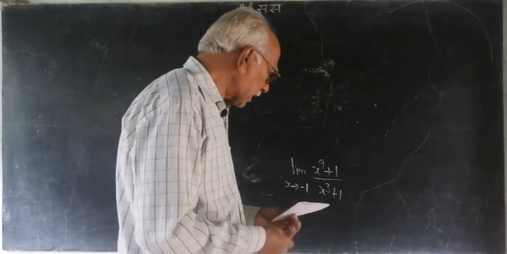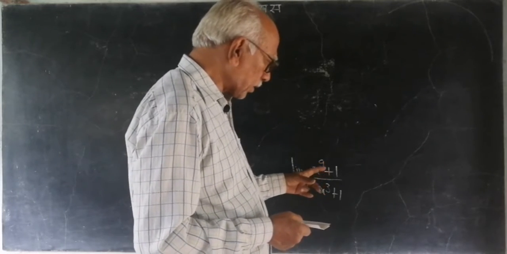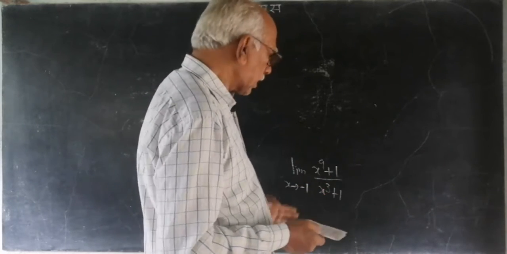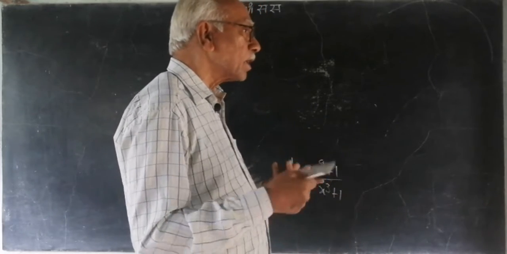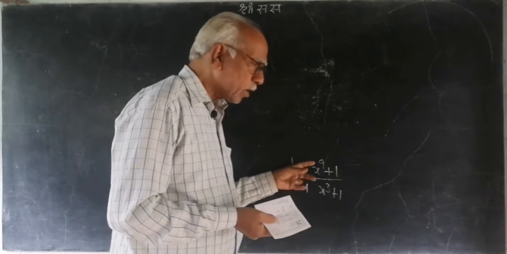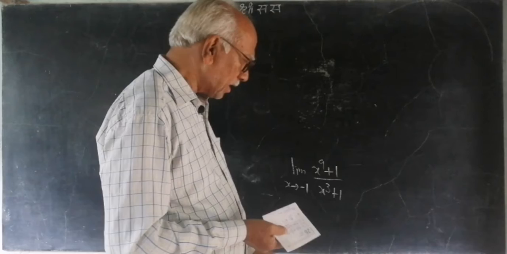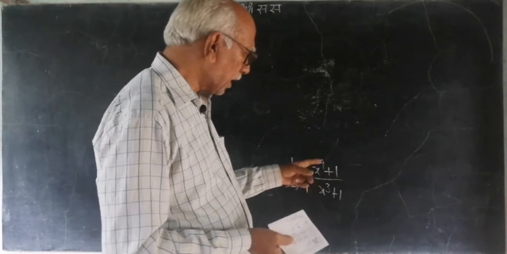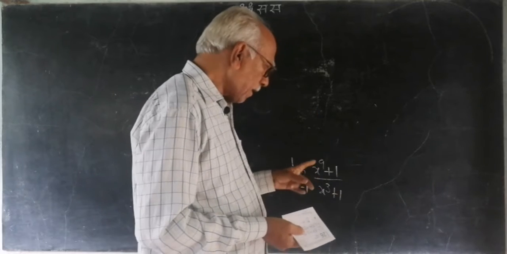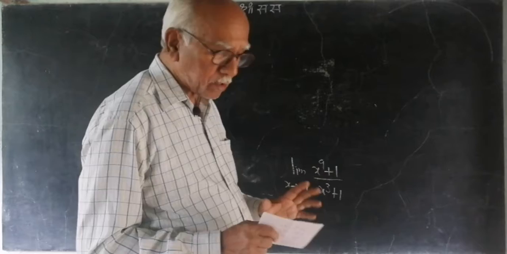So what we are having here is minus 1. So how can it be written? It can be written as plus of minus 1. Can it be written only as minus 1? No, you can write it as minus 1 to the power of any odd number, and here we have got 9. So it can be written as plus of minus 1 raised to 9. Similarly, here plus 1 can be written as minus of minus 1 raised to 9, and here it can be written as minus of minus 1 only.